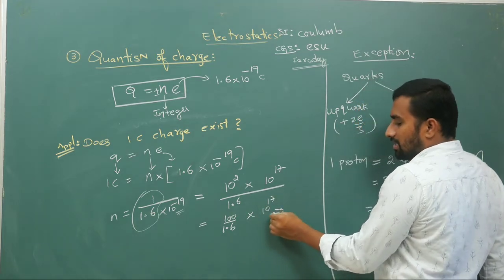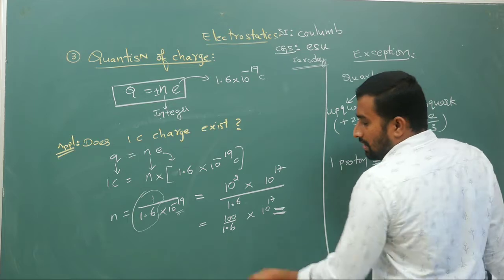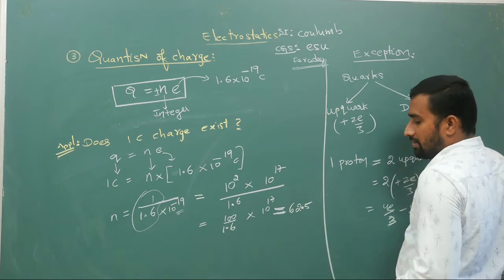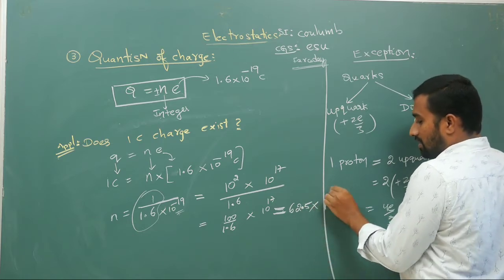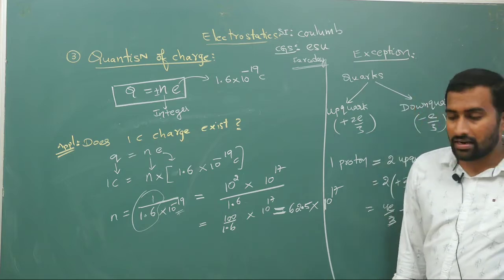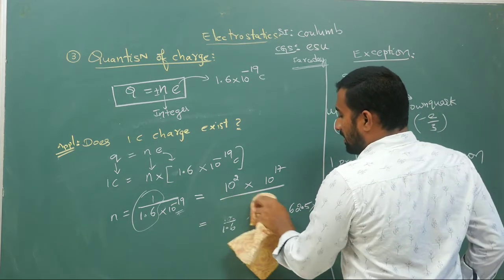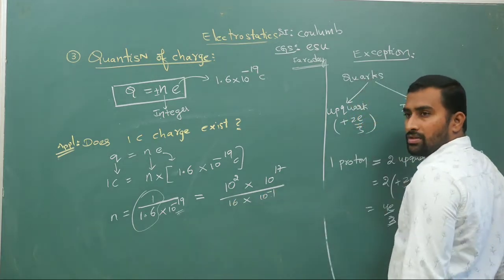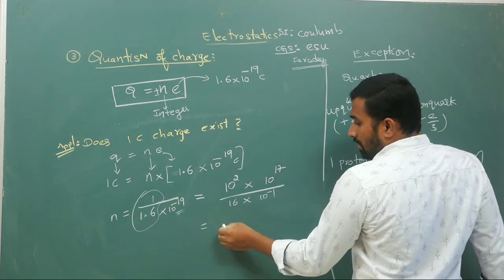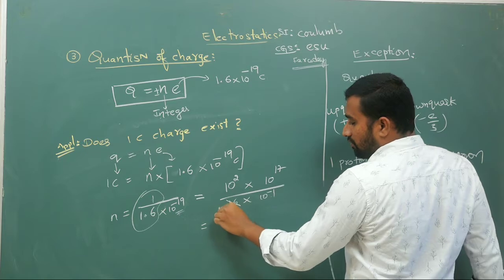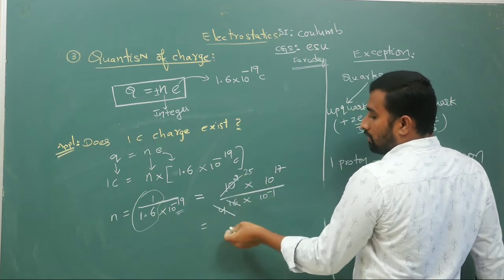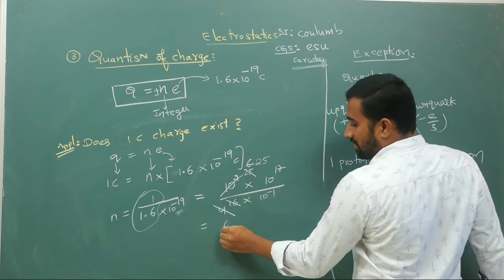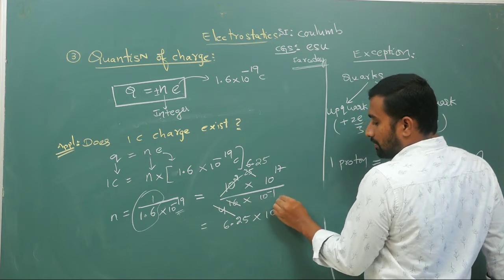It is exactly equal to, I don't even put approximate symbols, 100 by 1.6, which is 62.5 into 10 power 17. If you don't believe me, check, divide 100 by 16. Or if you are still uncomfortable, you can write 1.6 as 16 into 10 power minus 1. 100 by 16: 4 4s are 16, 4 25s are 100, 6 are 24, 1 is there, 4 2s are 8, so 6.25. So this will become 6.25 into 10 power 18.